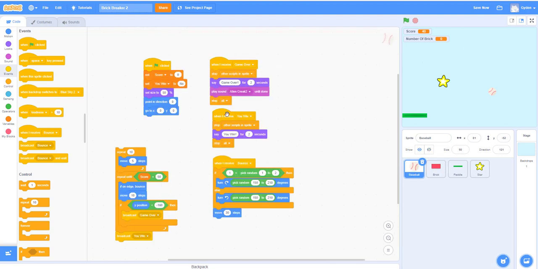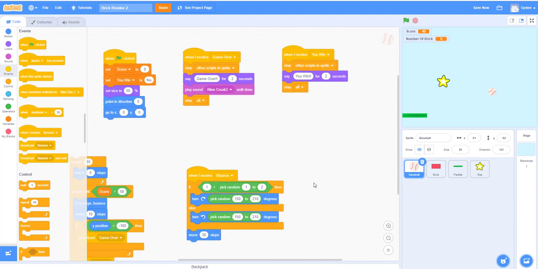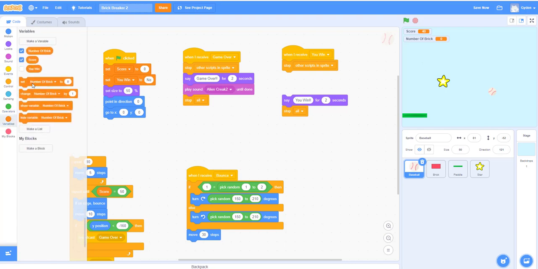Okay, so I already have received "you win" here. We'll move it over here. We'll change this a bit. So we are going to change this in a way where we move this down. We are going to move this set variable. So when we get the "you win" message, basically we break all the breaks. We are going to set it to yes, you win,